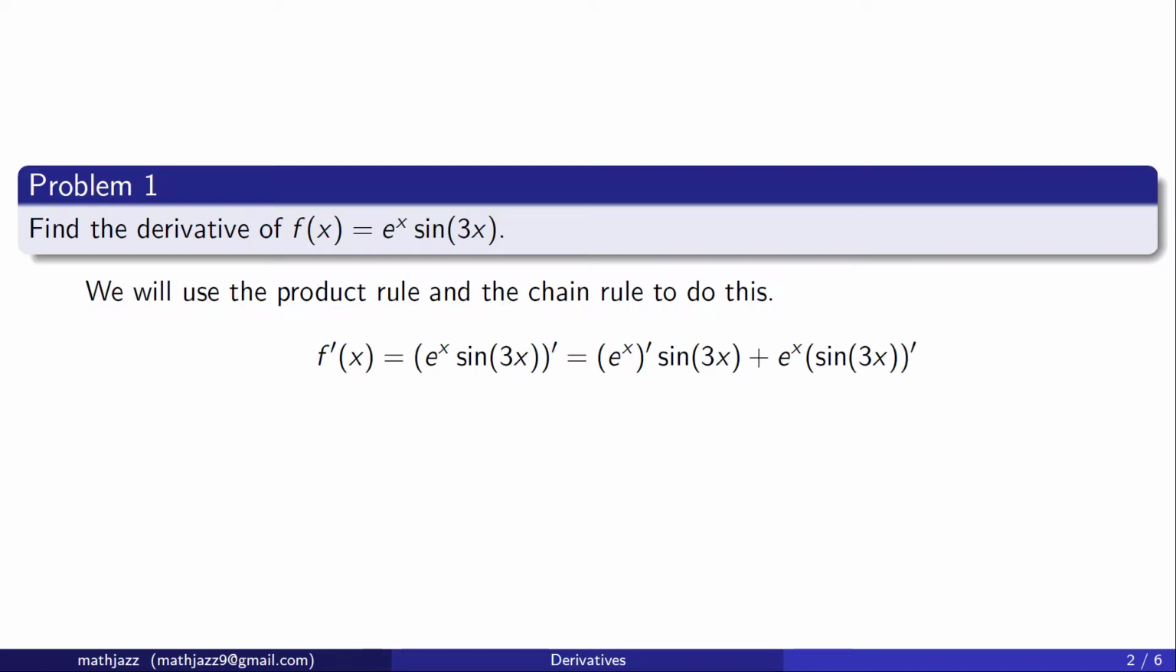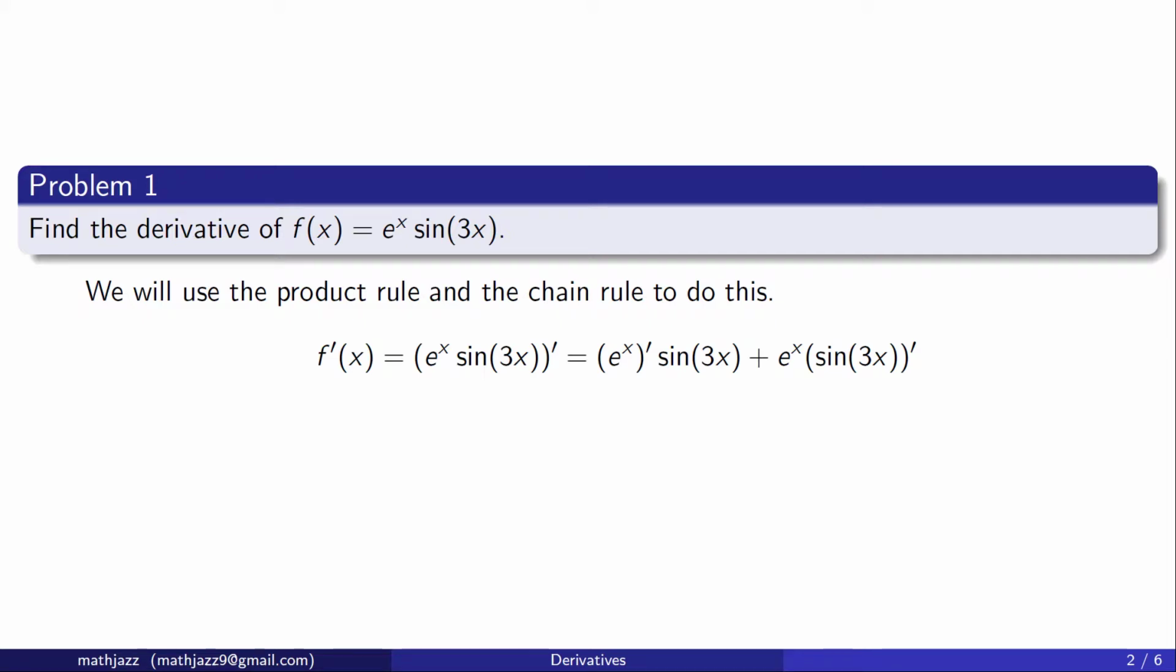So, the first thing, we'll write out the product rule. We have our derivative is equal to the derivative of our first function times our second plus the first times the derivative of the second. We will recall that the derivative of e to the x is itself, and then we see that we'll need the chain rule for sine of 3x, and the chain rule is, of course, we take the derivative of the outside function, plug the inside function into it,